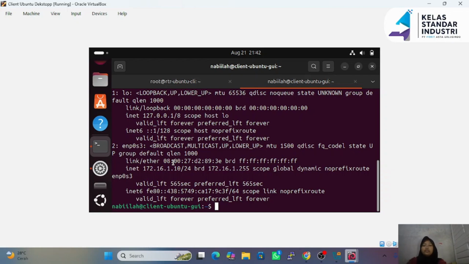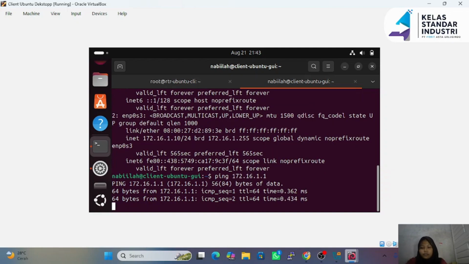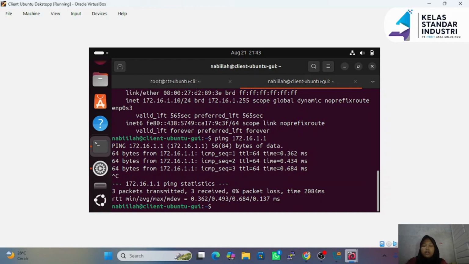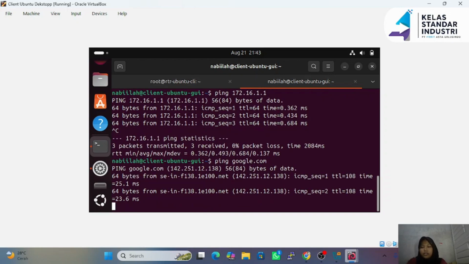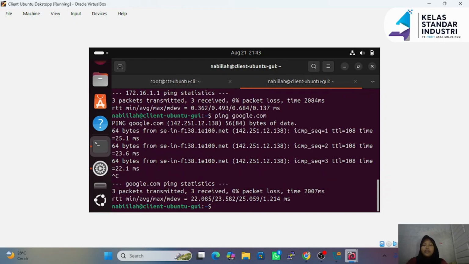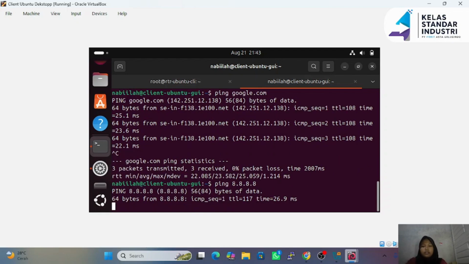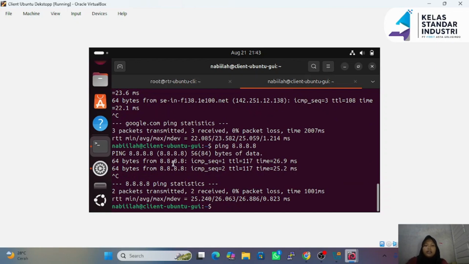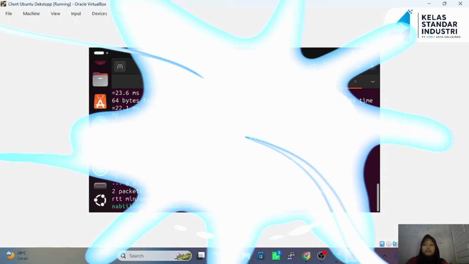Let's try to ping the router. Okay, as you can see, it works. Next, let's try to ping Google. This also works. And finally, let's try to ping 8.8.8.8 and enter. And as you can see, this worked as well.